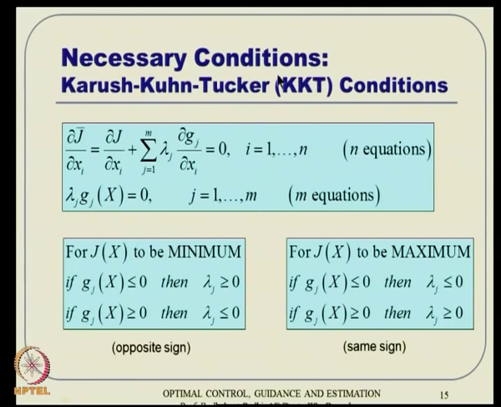so called KKT condition, that is Karush-Kuhn-Tucker condition, which tells us that these necessary conditions are something like this. This equation has to be satisfied, this is also satisfied. However, you now have to analyze the various possibilities, and for J of x to be minimum, then these conditions have to be satisfied. Similarly, for J of x to be maximum, these conditions have to be satisfied. That means these have to be opposite sign and this has to be same sign, g and lambda basically that way. And we also had examples on the way to demonstrate how it is possible to apply analytically